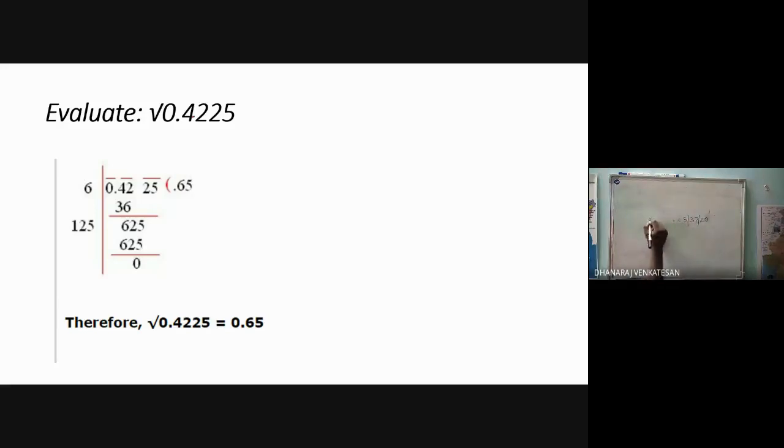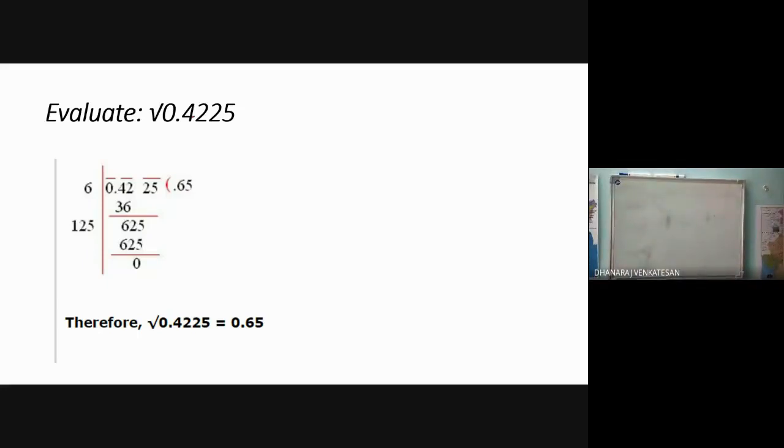If there is a number 3571, here you will pair like this. This is the way you will pair. On the left-hand side only there should be a single digit. There should be no separate digit on the right-hand side. Here only there should be a single digit. Here and all you must have a pair. This is the way of pairing the number.